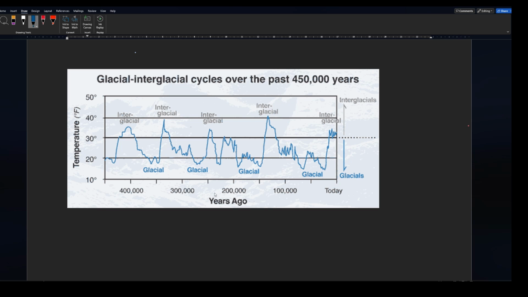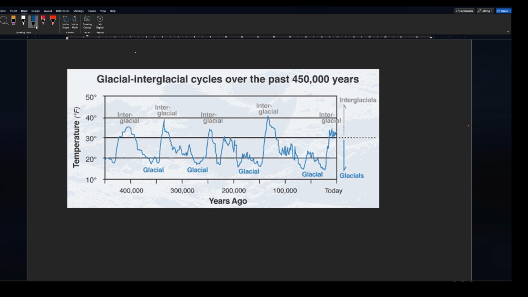At the bottom you can see how many years ago it was. So today is represented on this line here. And I believe this graph was made in 2018, so it's not completely up to date, but it's fairly up to date. The difference between where we are now and where we were is nominal on this graph. It wouldn't even almost register. On this side, you see the temperature of the Earth, the average temperature of the Earth. It is in Fahrenheit, but as you can see, when the average temperature is cooler, you get much more ice. When it warms up, there's much less ice.